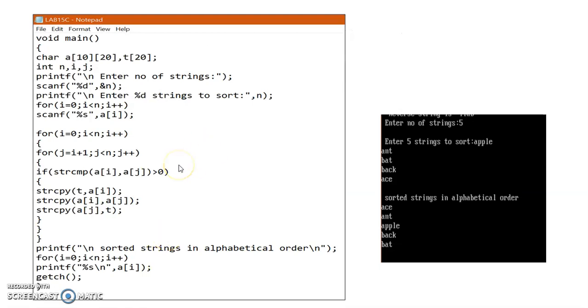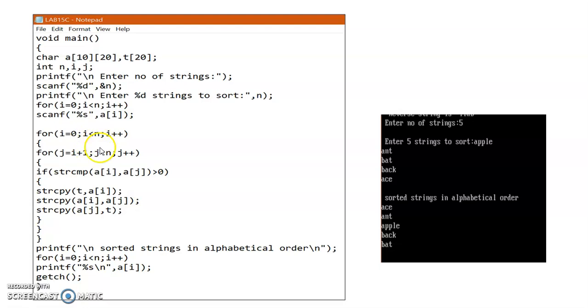So now we are going to write a program to display the strings in alphabetical order. To display the strings in alphabetical order, we have to use the strcmp function. It compares two strings. We learned about the strcmp function in video 2, how that works and everything. To compare the two strings, we have to use two for loops. First for loop pointing at the first string, and second for loop pointing to the second string. Next we are comparing the first with the second string, then first with third string, first with fourth string. Likewise we are comparing, and we are displaying in sorted order.